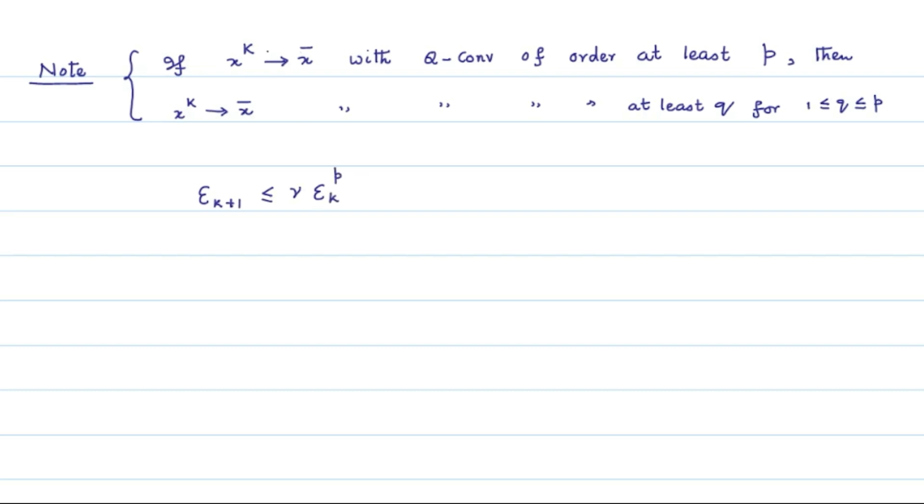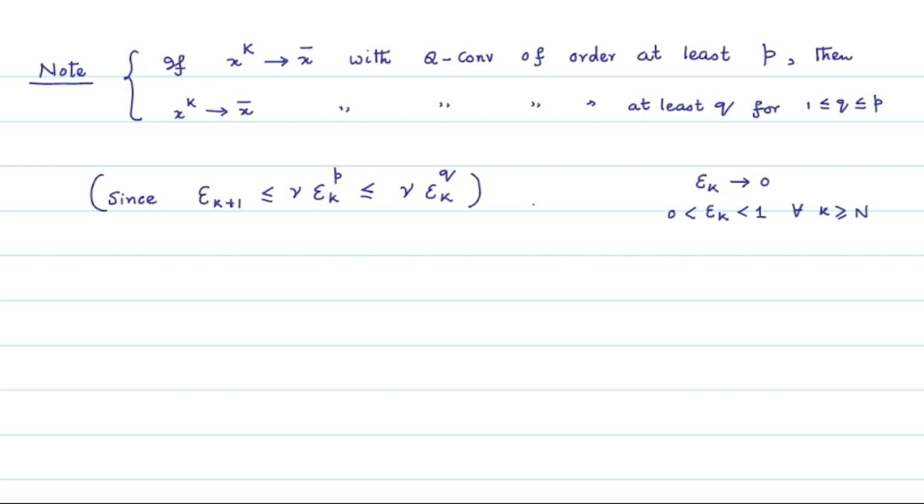Now as x_k converges to x bar, epsilon_k converges to 0, and hence after a certain index number we can assume that epsilon_k is less than 1. Hence for any q less than or equal to p, we have epsilon_k to the power p less than or equal to epsilon_k to the power q, and hence ultimately epsilon_{k+1} is less than or equal to gamma times epsilon_k to the power q,